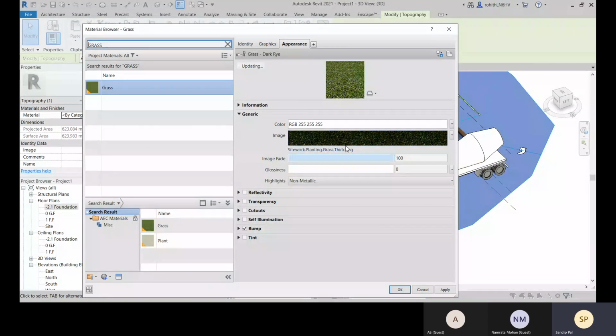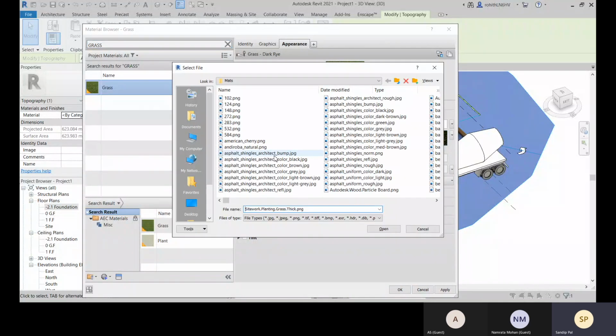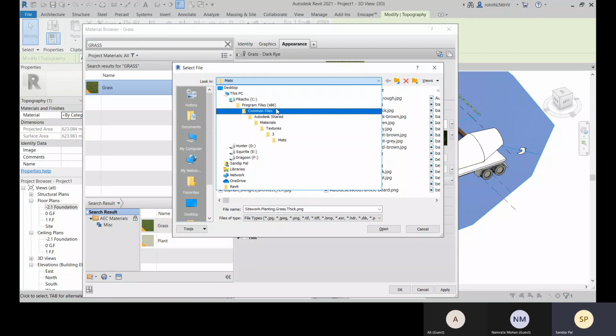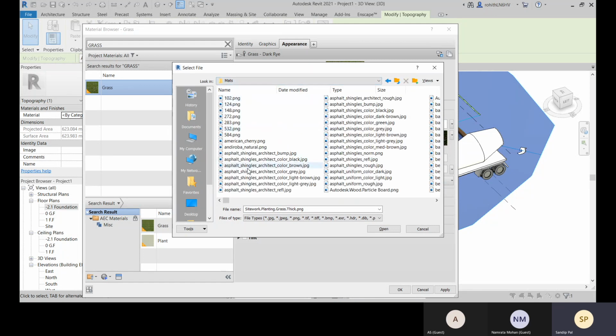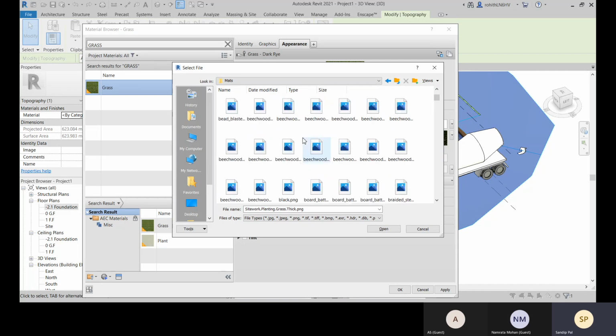If you want to change this image, this is the path where it is saved. It is saved by Autodesk when you install this Revit software. So in program files, common files, Autodesk shared, materials, textures. After this textures, you can choose any folder, and under this you find materials, and then you will find all the list of materials over there, and change it to thumbnail so you have the idea.